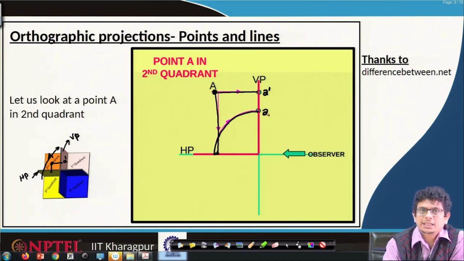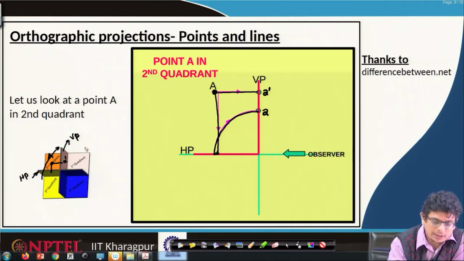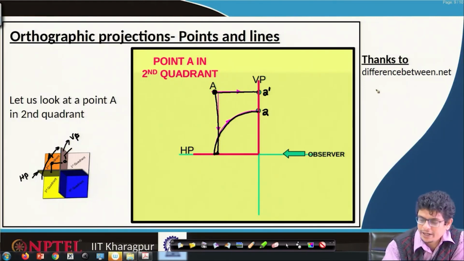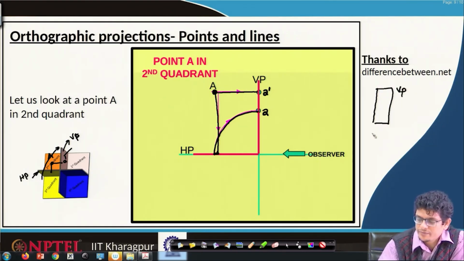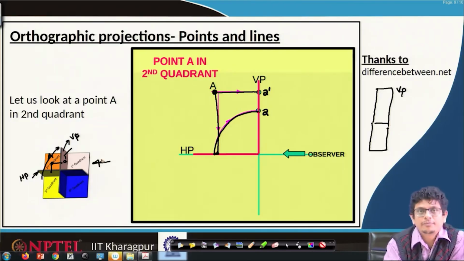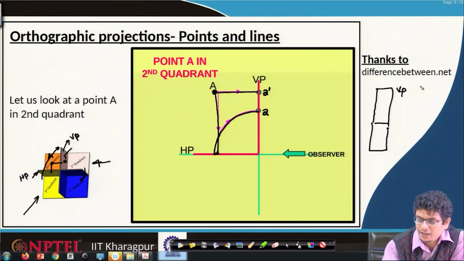In most cases, projections of points, lines and other things we show on the plane. For example, if I am showing the first quadrant, vertical plane, horizontal plane, if we are looking normal to the vertical plane and unfolding it, or if we are looking sideways,